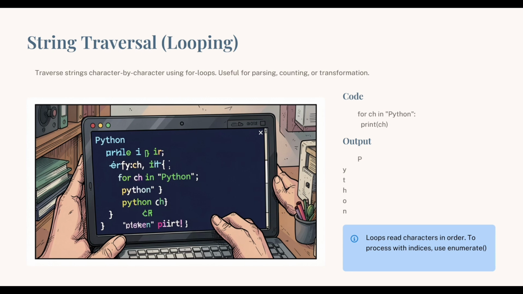Now let's understand string traversal. Traversal means visiting every element one by one. Since strings contain characters, we can traverse them character by character. The most common method is using a for loop. For example, for ch in "Python", print ch. The output will be